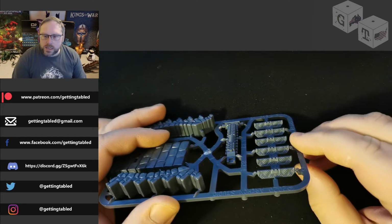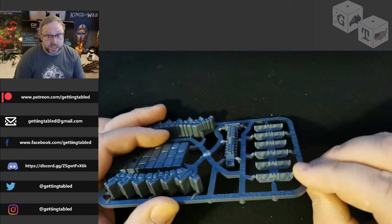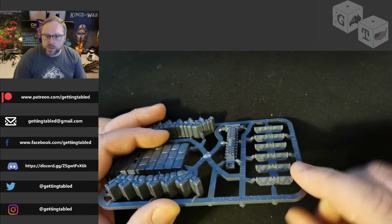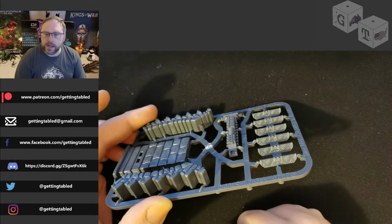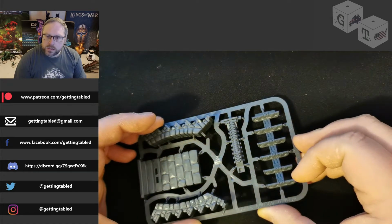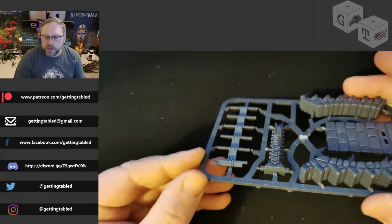Now, it's not the set that I'm collecting. There is a sci-fi role-playing game that I would love to get into, but running a game myself is just not something I have the time for, which is why I've bought something that I can use more generally with the other stuff that I have. I really like the look of this. It's generic enough that it would fit in pretty much anything,